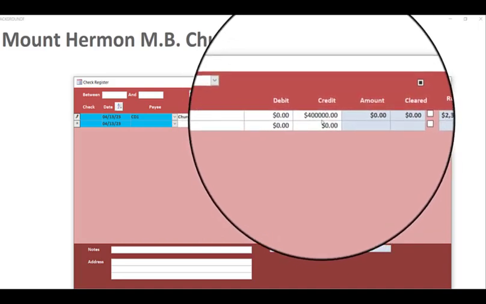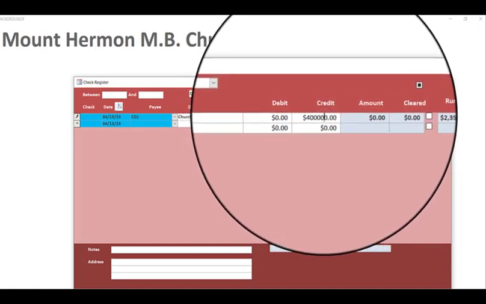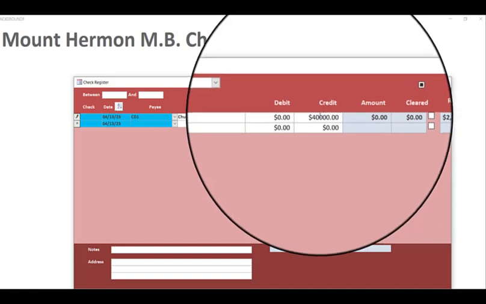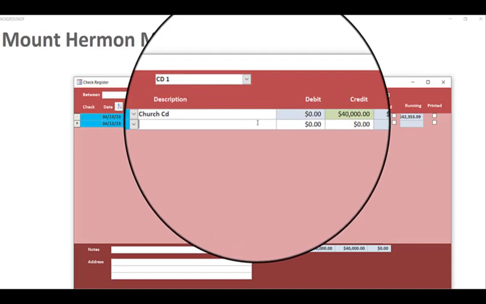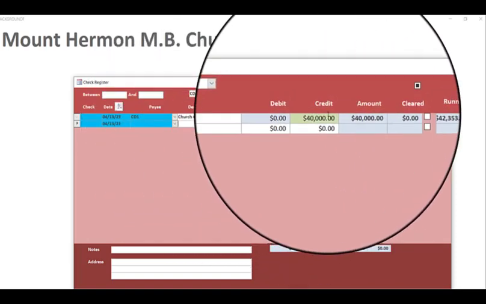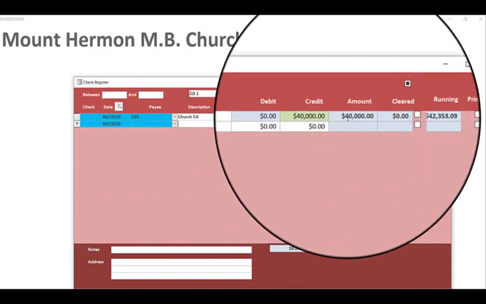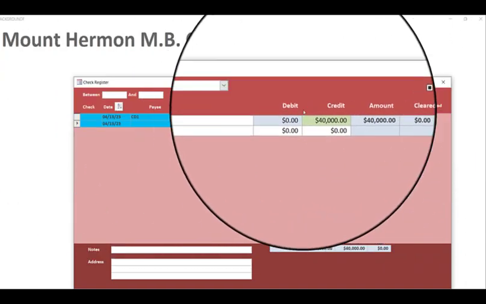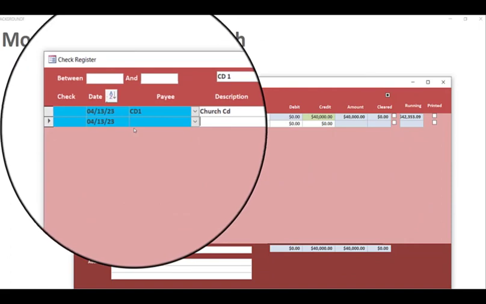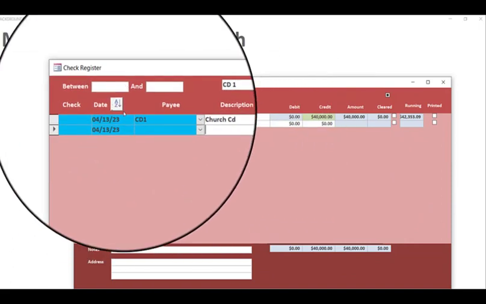Oh, got a little bit more than 40,000. $40,000. All right. What I did here, if it's a credit, it turns green. If it's a debit, it turns red. That's how you kind of know if you got it in the right place. But that would be the church CD. And that's probably the only thing that would be in this one, because